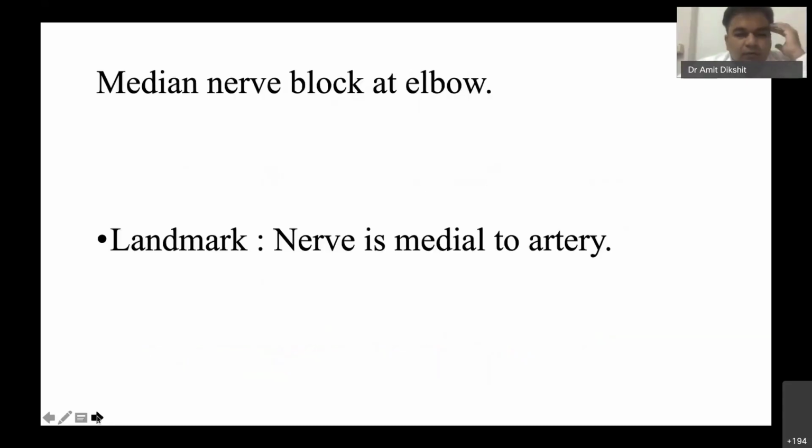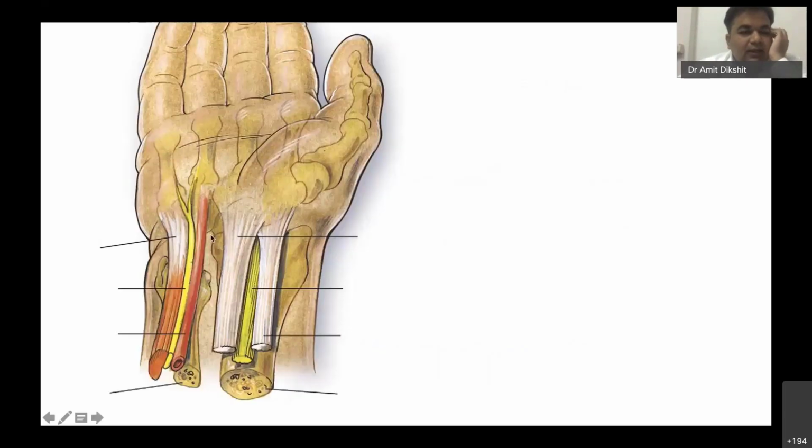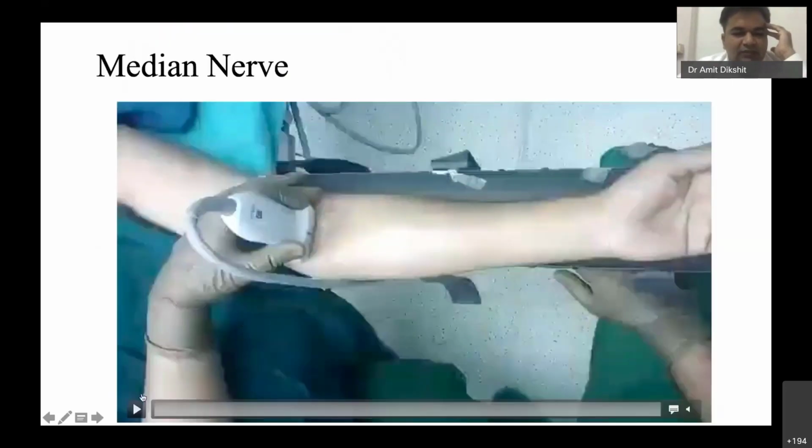For the median nerve block, we have already seen the anatomy. The nerve is medial to the artery, and here you can see it, but again it can be confused with the palmaris longus. You can see the honeycombing on ultrasound, and you can trace the nerve much more distally. The muscle will appear as muscle when we scan near the wrist end, and the nerve will continue to remain nerve. So this is how we differentiate. But there are anatomical variations in this area as well.